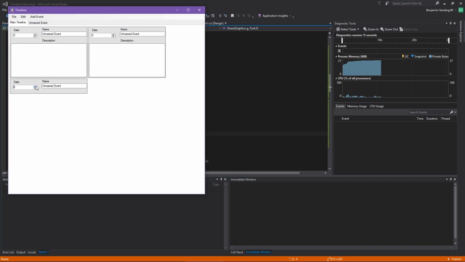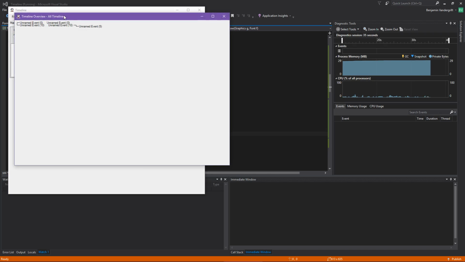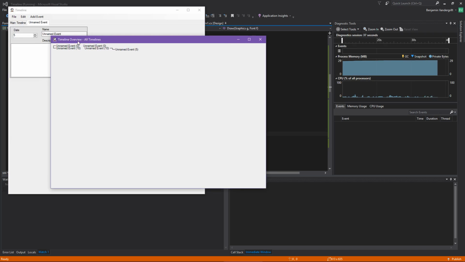Let's put this guy up here. Let's add a standard event. 10. 9, 10. Okay, I wanted to arrange it this way, so that way the sorting put this guy first. So then I want to go in here and add a standard event at 5, why not? So if I display all timelines, you'll notice now I have the timeline overview, all timelines